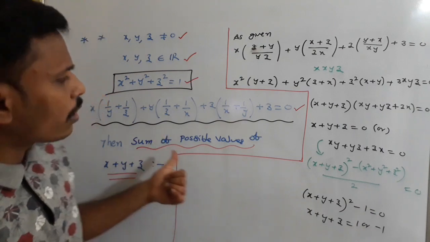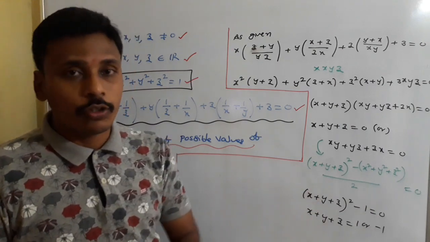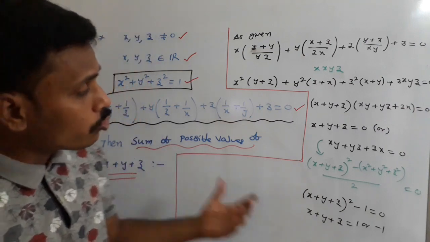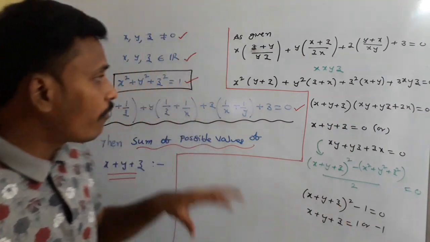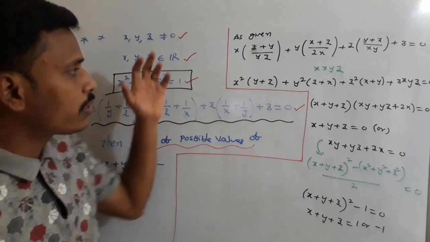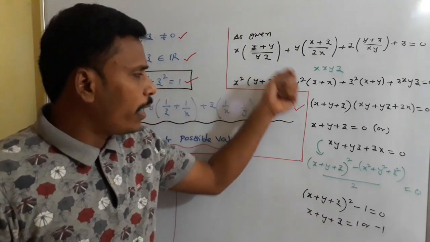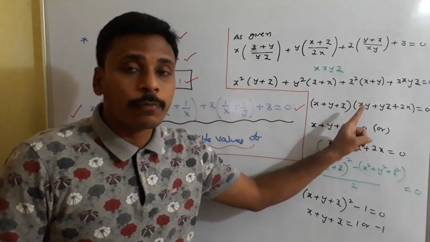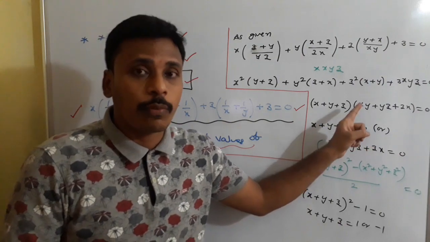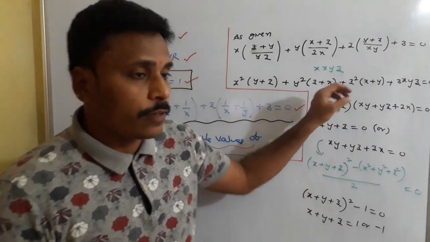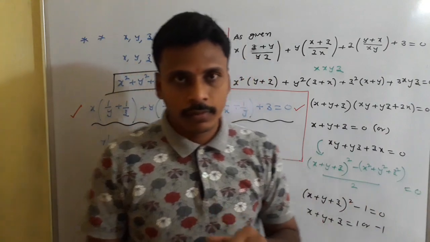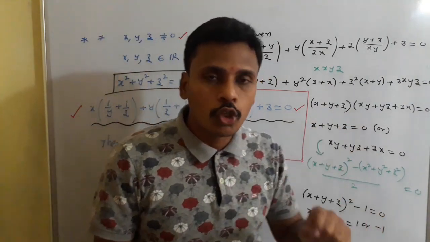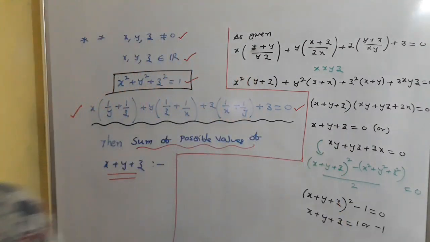This problem requires the sum of possible values, and some problems need the possible values of x, y, z, and the values are 0, 1 and minus 1. The way of solving this particular problem is by this procedure. We are utilizing the expression x plus y plus z into xy plus yz plus zx, and this product equals this expression, a very useful special product. Just mark it, memorize it, and try to use it in the required problems. Have a look, go for a screenshot.